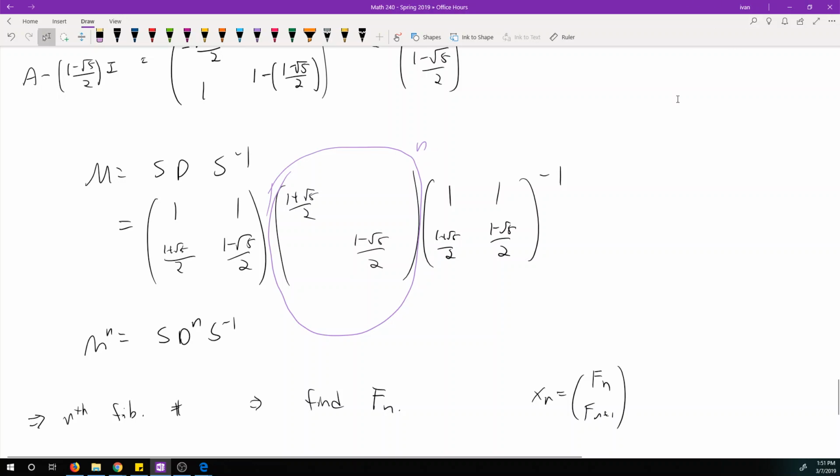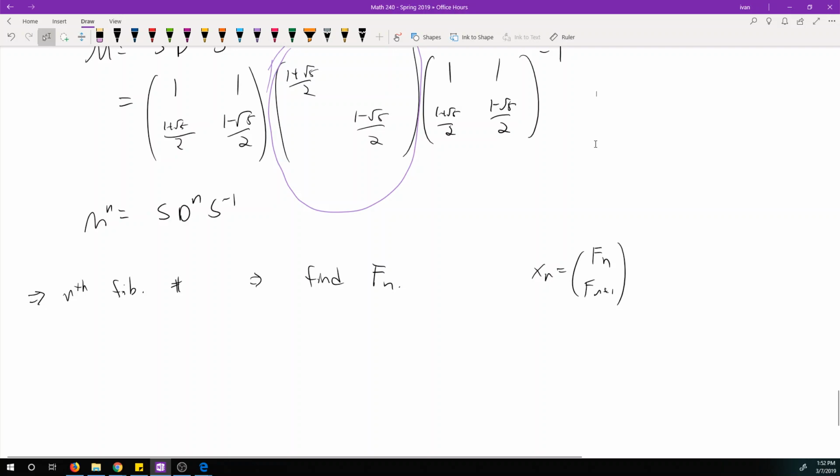And from part B, you know that xn is equal to M to the n times x naught, and x naught is (1, 1), since this is the 0th Fibonacci number and the first Fibonacci number. Okay? So now to find the nth Fibonacci number, it's just the first